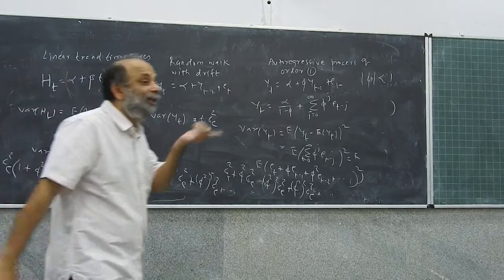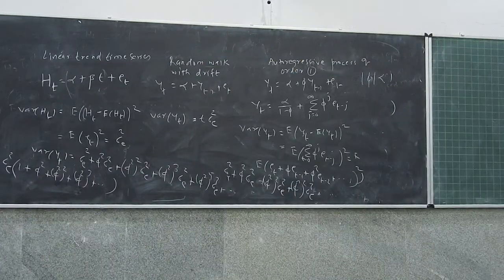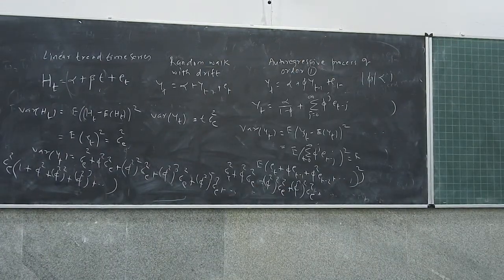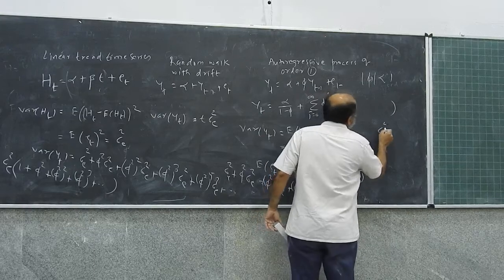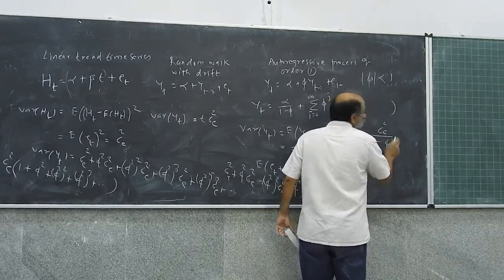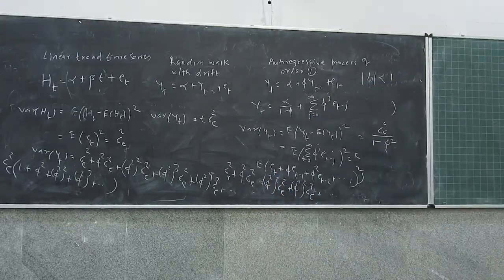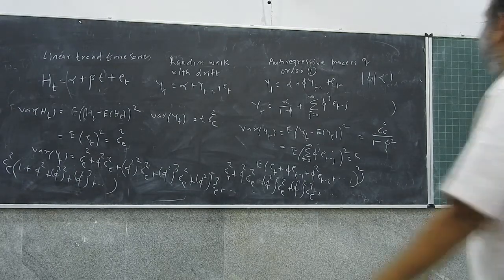This is now a geometric series in phi square. Because phi is less than 1, phi square is also less than 1. So this quantity will become equal to sigma square e upon 1 minus phi square, because the term inside the bracket will converge to 1 upon 1 minus phi square. The limiting value of a geometric progression is 1 upon 1 minus phi square. Right? So the point now is